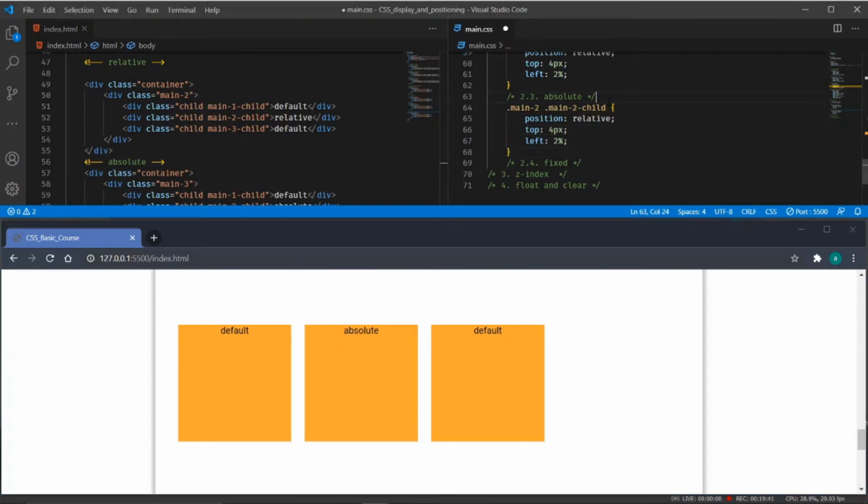So what I will do is target the main container, the container main3. I will give it the position of relative. So I'm giving the command that I want to target the main3 container. I will pass it the position relative, and using that relativity, I want to change my main3 child.